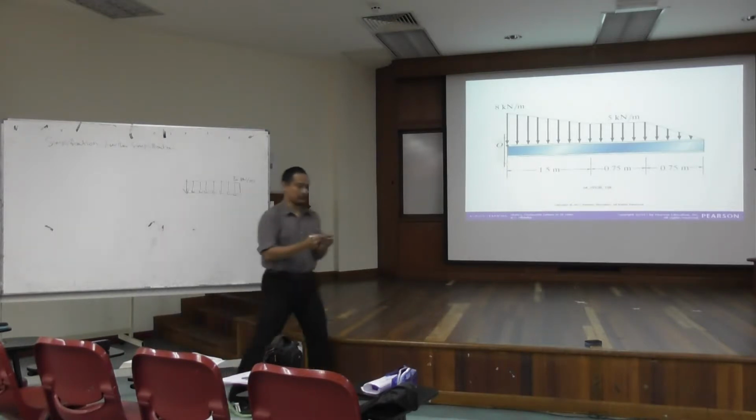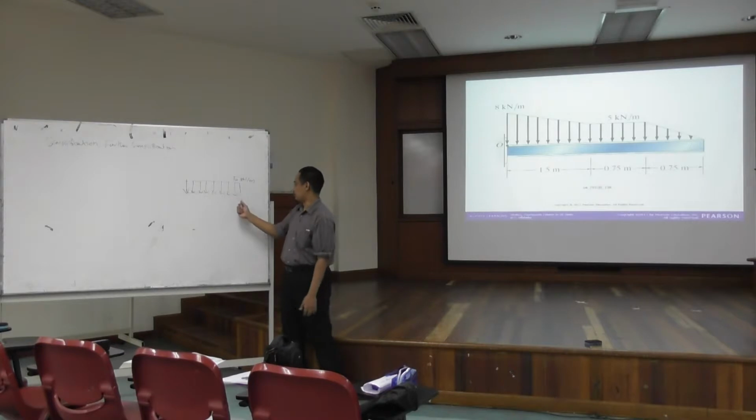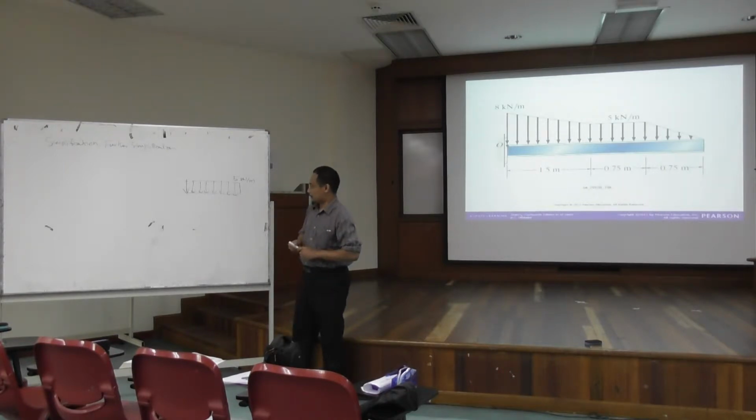It's basically a distribution, meaning for every meter, the total loading is 5 kilonewton. That's what it means. So if you have 2 meter, then 10 kilonewton is the total, right? That is the meaning of this unit. So it is distributed, right? Now,